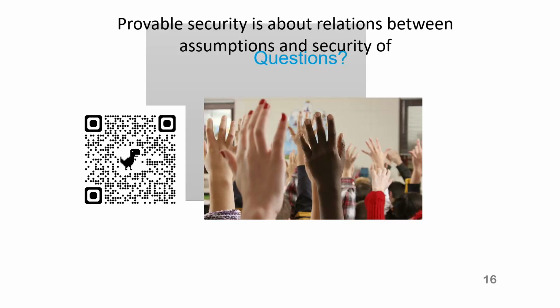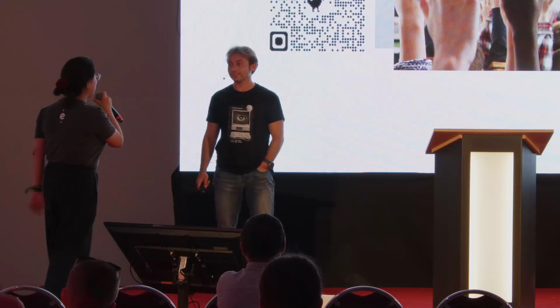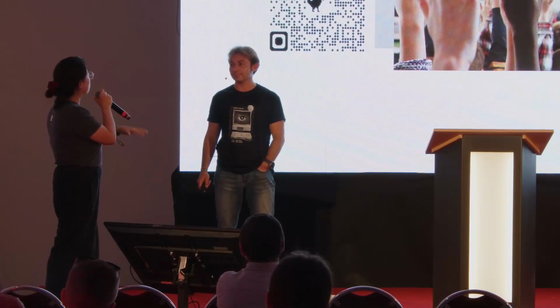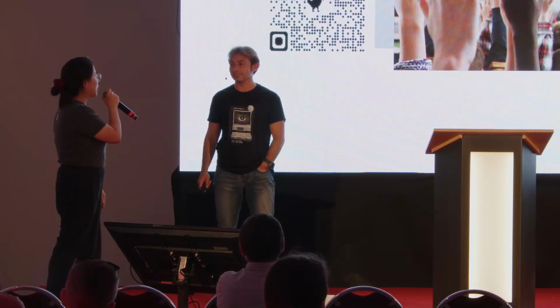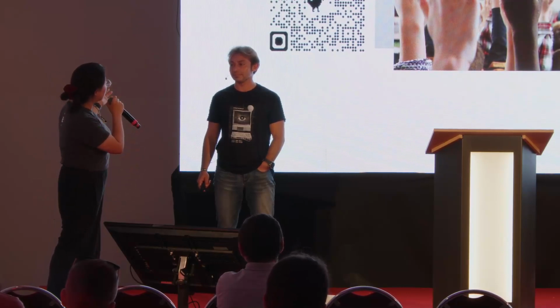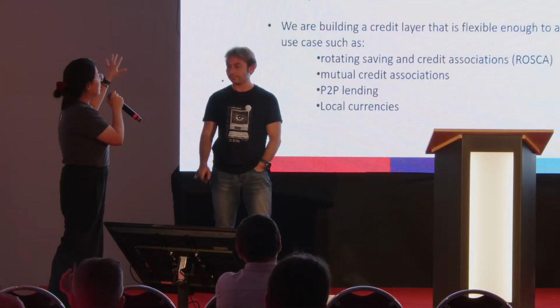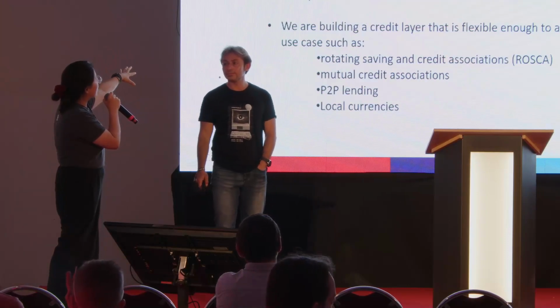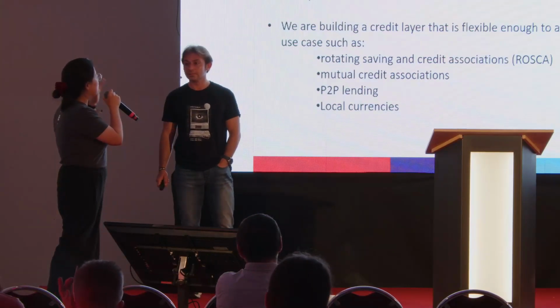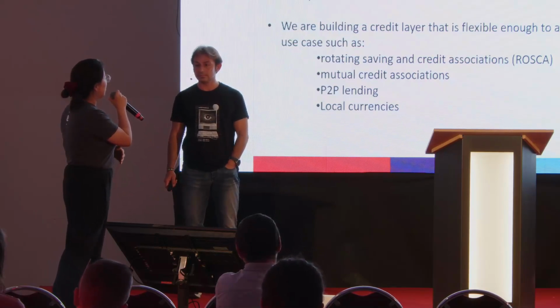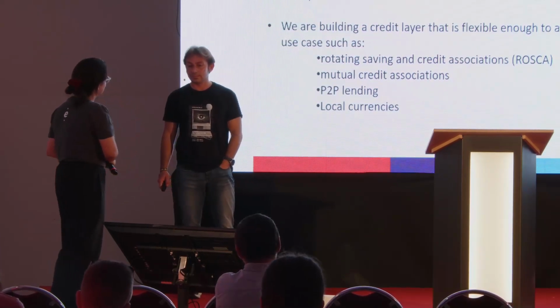So let me take the privilege of asking the first question. It's really interesting to see that Bank of DAO tried to tackle a real-world problem, building a new credit layer. It seems like you already have a working demo and now have further plans to implement. In this case, does a local jurisdiction matter to understand the payment system, or can it be easily implemented in any scenario?